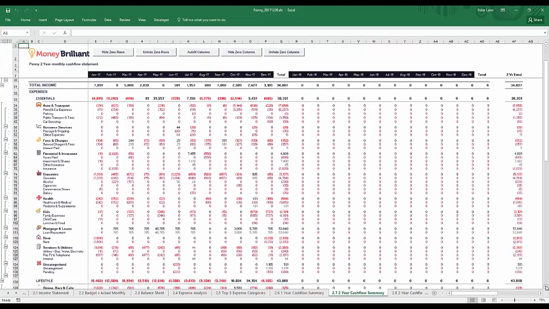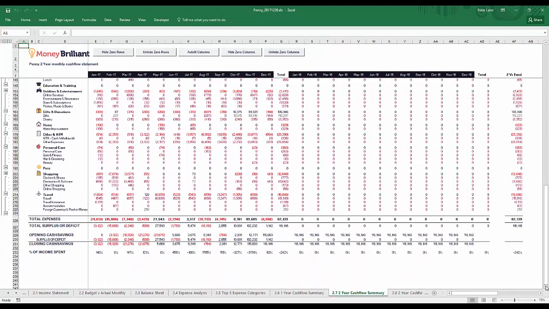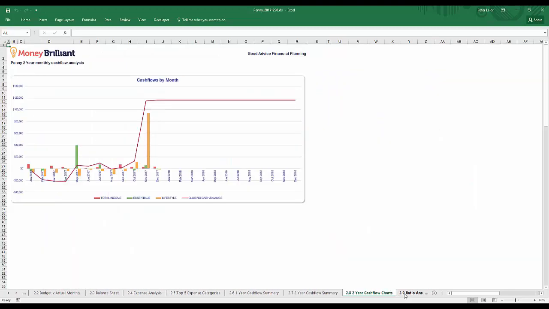The next tab does the same thing, but this time for a 2-year period. So if you want an extended cash flow analysis, this is the tab that will provide it. The next tab contains a really neat chart, which is a 2-year cash flow summary chart. This will show the client's total income, their total essential spending, their total lifestyle spending, and their accumulated cash balances